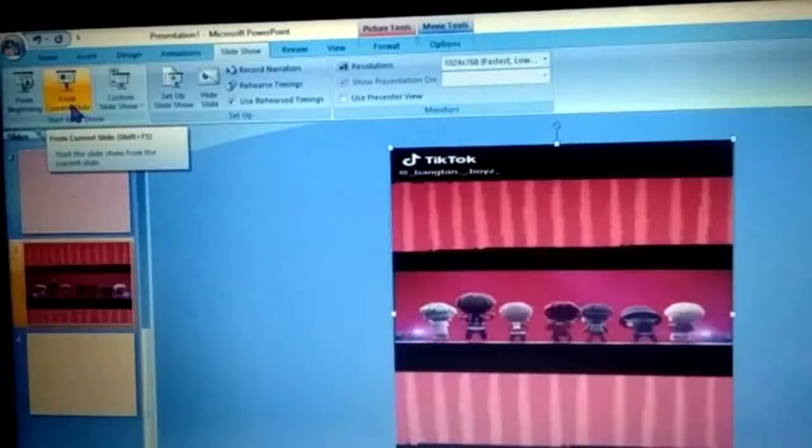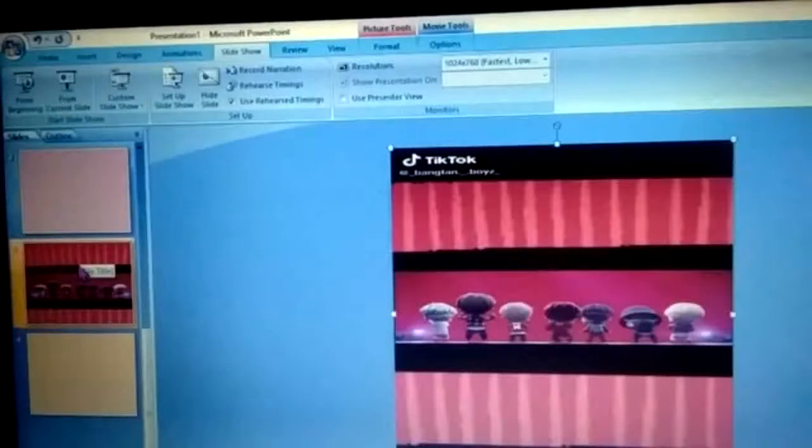It is not necessary that you have to go again and again from the first slide only. You can play from the third slide also. So I will click on the third slide and I will say from current slide. So what we clicked, the option we clicked, was when clicked it should play.